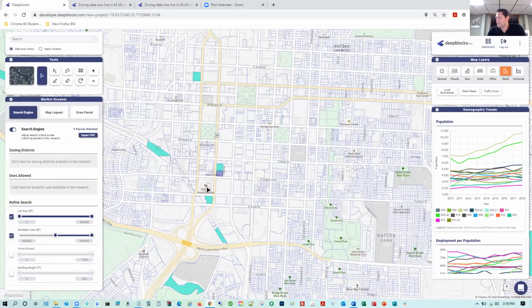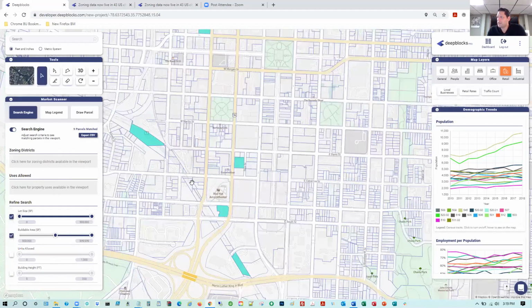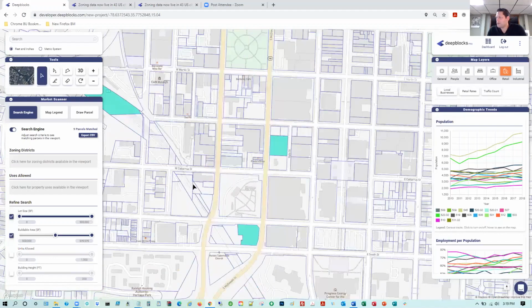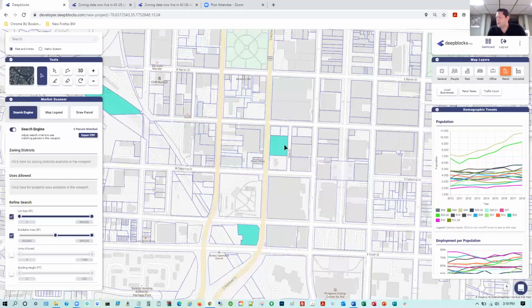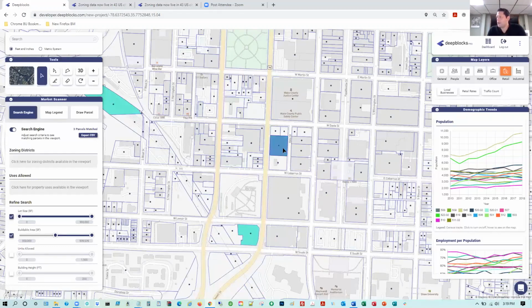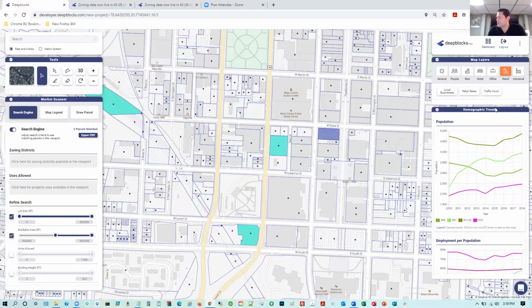And before I select these parcels, another key piece of information I would like to show, and some indicators that truly help in understanding the marketplace, is our demographic trends. I like to look at those at a more micro level. So we're going to zoom in. Again, I was looking at this parcel and this parcel right here. This one, to the north, resides in a higher income area with a little bit higher rent. If you notice our trend lines, we're down to just 4 lines now, so I can really understand some of these trends better.